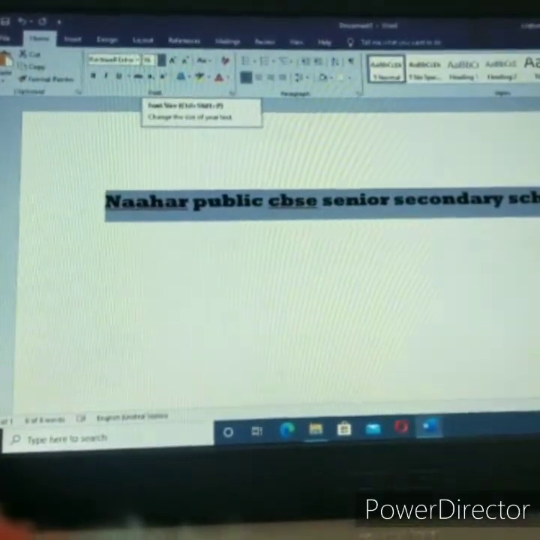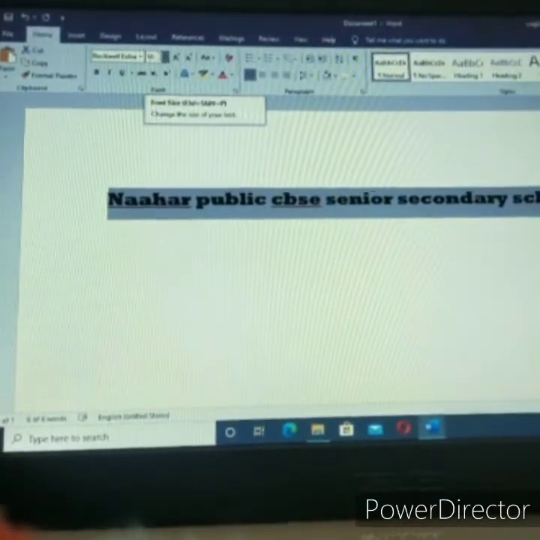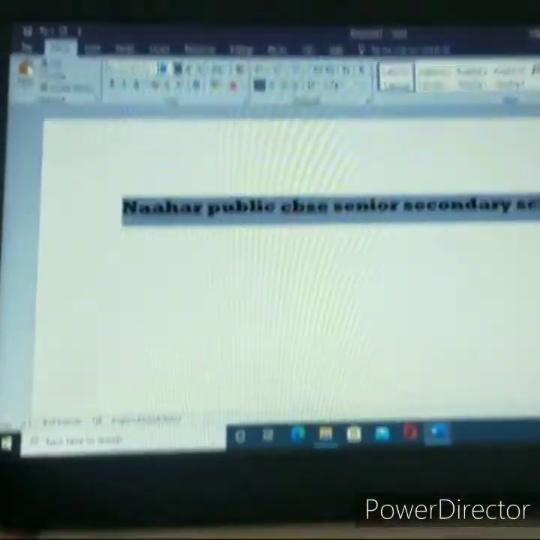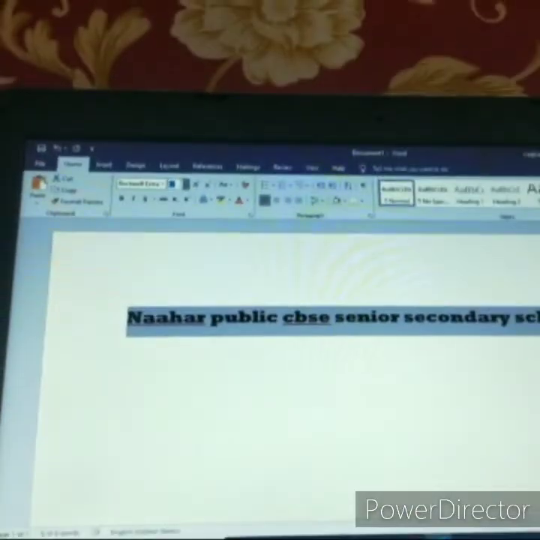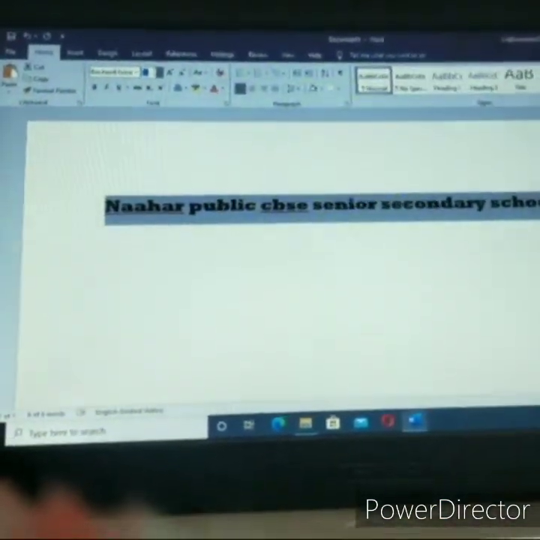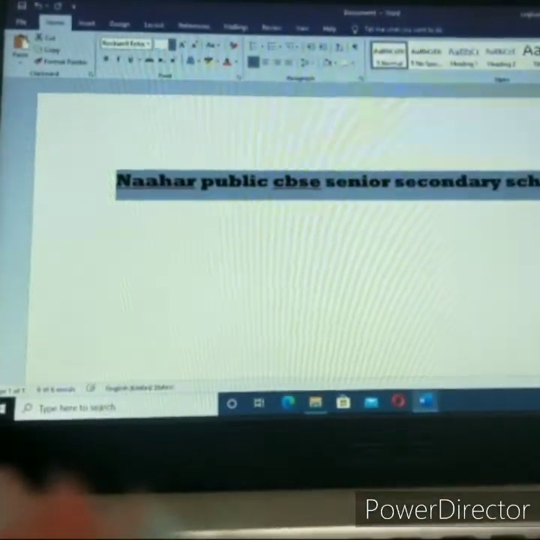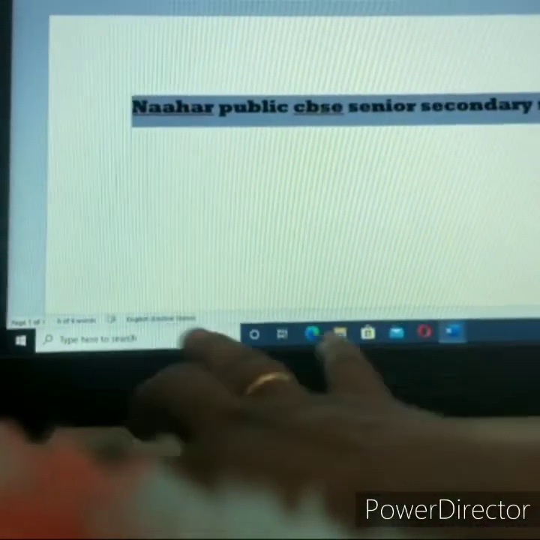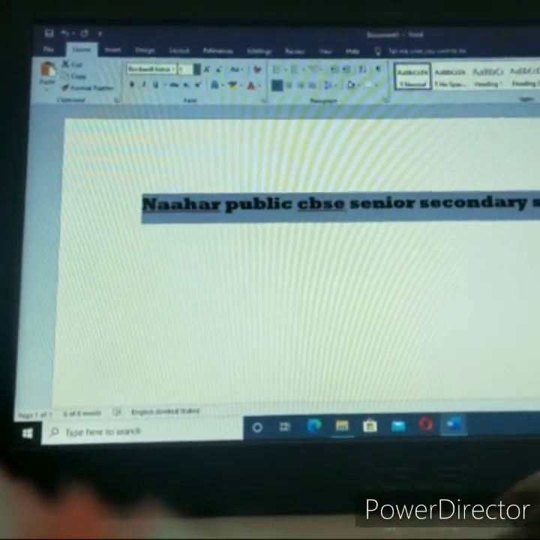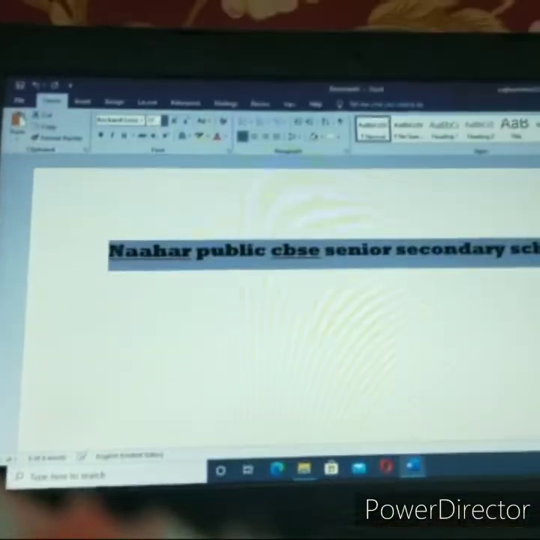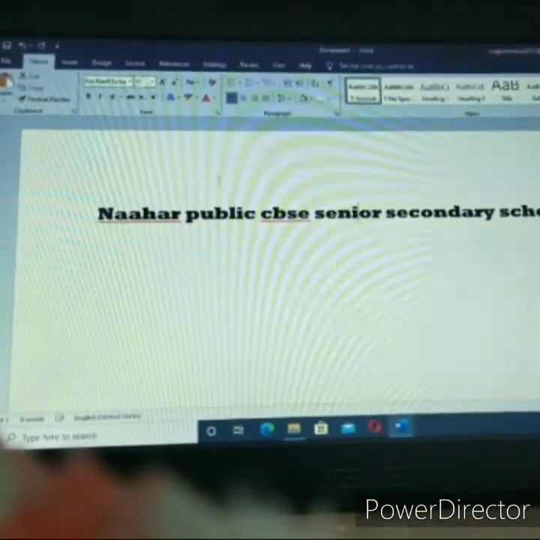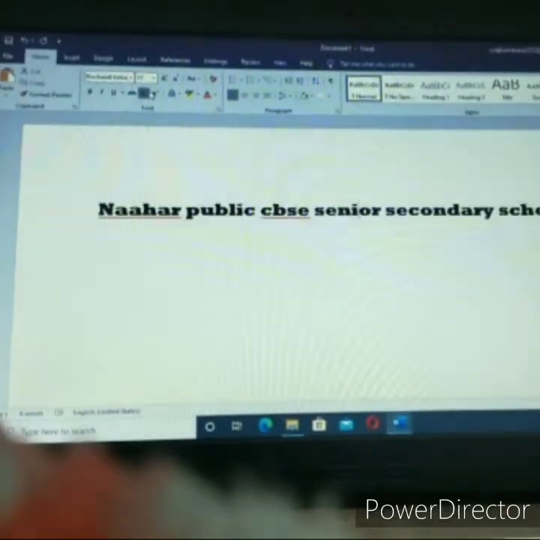The font size shortcut is Control plus Shift plus P. So let's give Control plus Shift plus P. It selects the font size box, so here you can give your number. I am giving 17. See, here I have changed my font size with the help of the shortcut.